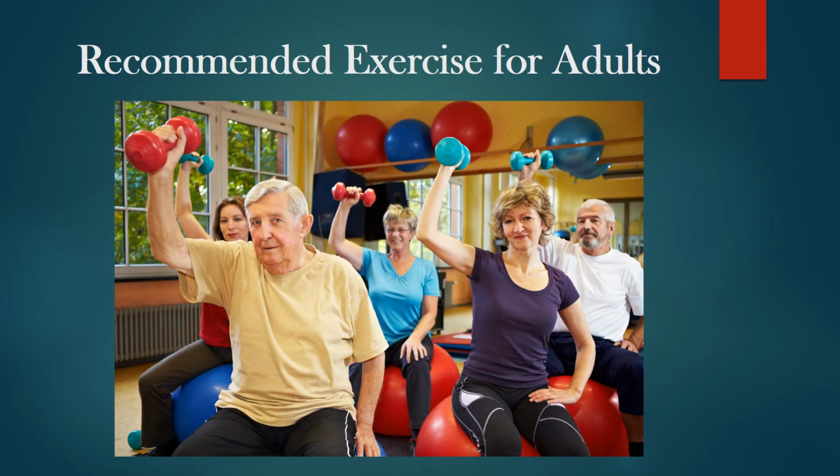Two hours and 30 minutes of moderate intensity aerobic exercise, like brisk walking, and muscle strength exercise twice a week is recommended for adults. Start slowly and gradually. Cardiac events such as heart attack are rare, but may occur if you exercise more suddenly than usual. If you have a chronic health condition like arthritis, diabetes, or heart disease, talk with your doctor first before exercising to plan any limitations needed for your condition.